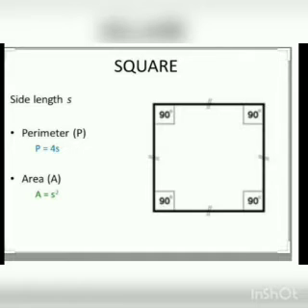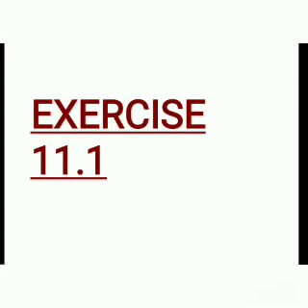In 7th standard itself we are studying a chapter on exponents. There you will understand the concept of S raised to 2 and all. So now you study S into S. Side into side. Area is side into side. So area and perimeter of rectangle and square we discussed. Now we can solve some problems based on it. That is the first exercise from this chapter.